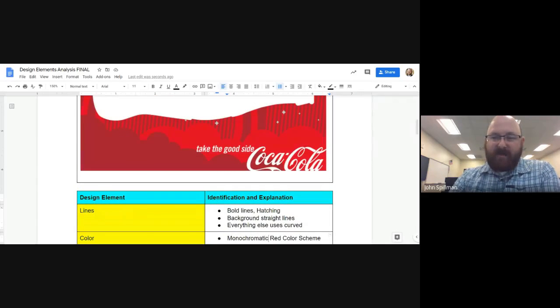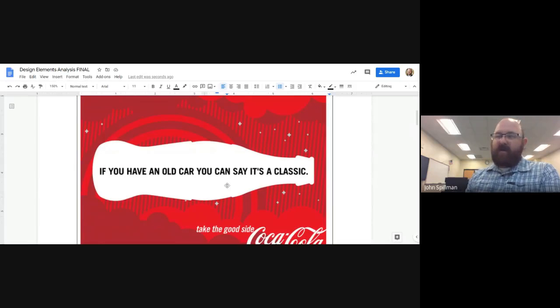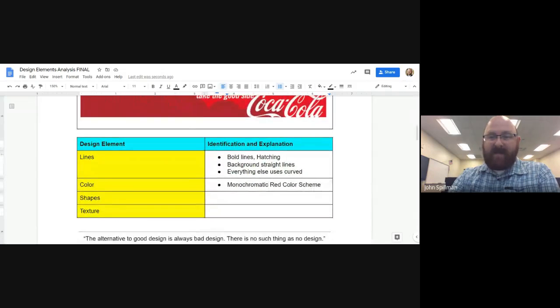And now we get to shapes, and this is where we can pick out a few things. So when you get into more complex designs, when you get to shapes, you're going to be able to pick out, I mean, 10, 15, maybe 20 items, all right? I don't want you to do that. I want you to just, rule of thumb, 3, all right? Give me 3 things that you can talk about. So I'm going to stick to that rule, and I'm going to say,